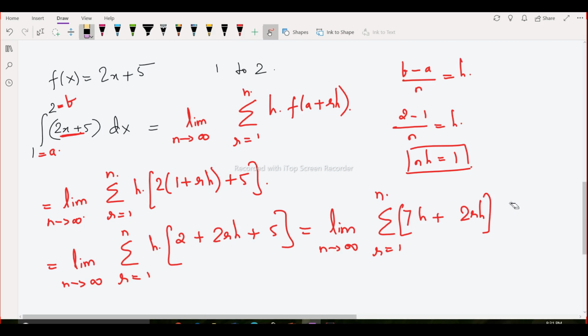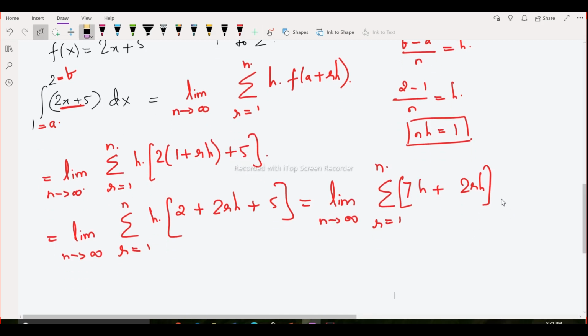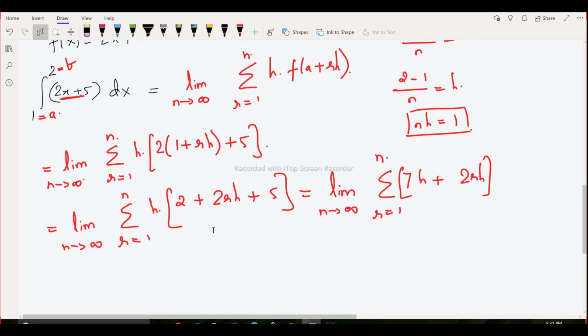Okay, now we have to use the summation sign, and in fact this one thing we have to remember here, this h when it gets multiplied here, so this will be h square. Okay, now we take the summation inside. So when we take the summation inside, we get limit n tending towards infinity and summation of h. Now see, the variable is r, the operator is r, and this is h. So that means we are taking summation of 1, and